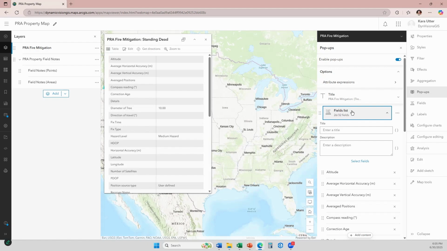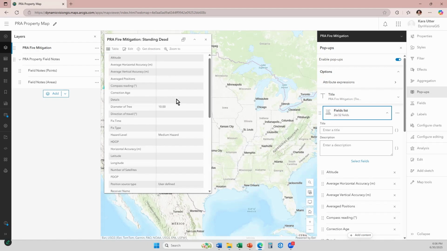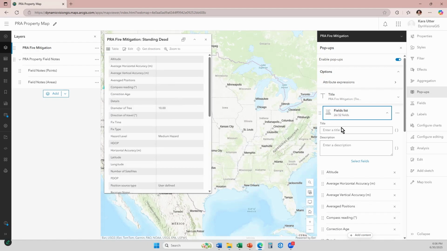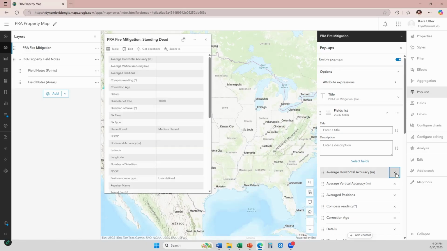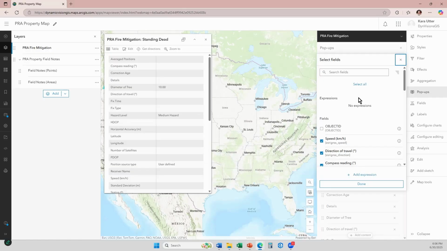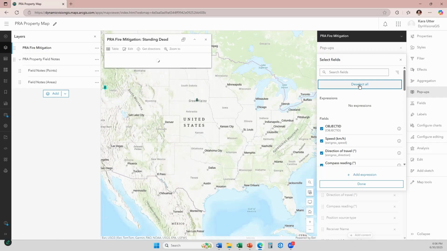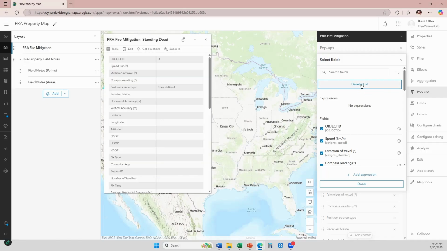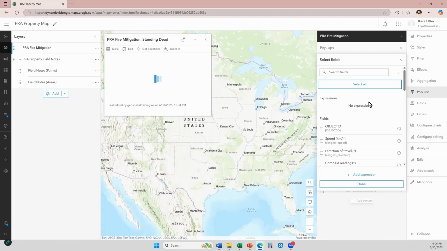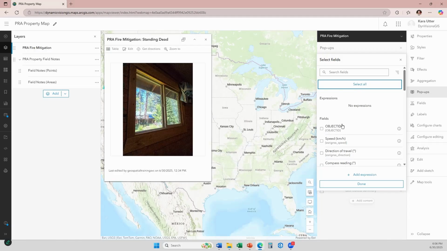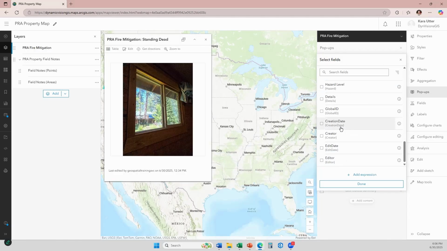Now I'm going to click into the fields list because I don't want all these fields to be here. It's not important for my end users to see them. So I could come down here and start clicking on these X's to delete them from the pop-up one at a time, or I could do this a little bit easier. I can click into select fields here, and then when I click on select all, it selects all, but then it gives me the option to deselect all. I find that to be the quickest way to deselect all of the fields